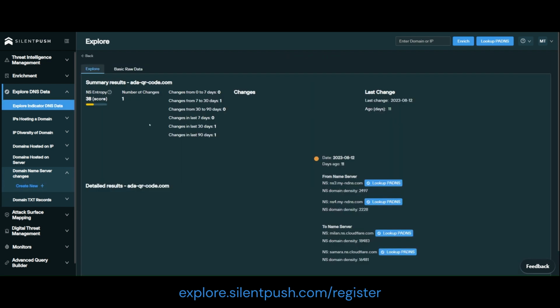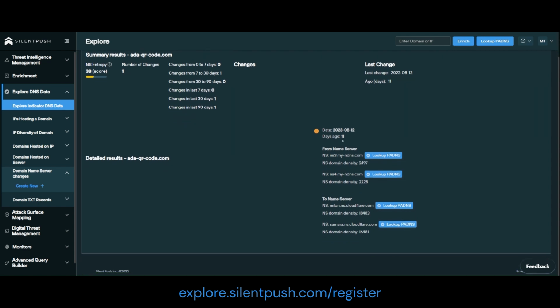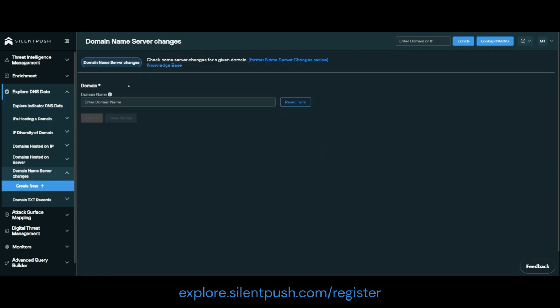Here we have the results. So they're broken down into various categories. We've got an entropy score, which is a visual representation of the frequency, recency, and number of changes. We've got the number of changes as a numerical value. We've got changes within the last 90 days broken down into 6 periods. We've got the last change and a detailed breakdown of the change or changes, which includes the actual name servers involved and the density. So let's take a look at a larger domain,